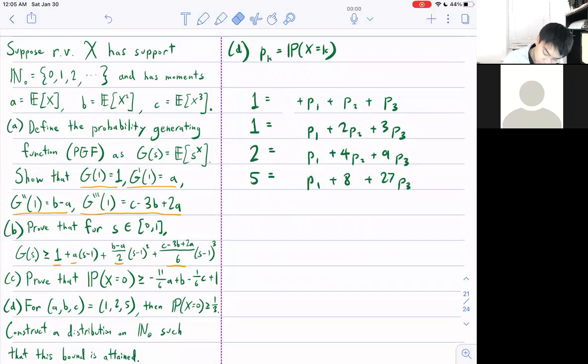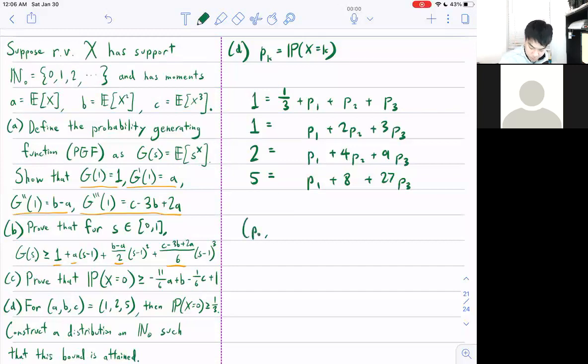And then something we have to modify here is that we actually want the probability of being equal to 0 to be 1/3, because that's what the problem says. Construct a distribution such that this bound of 1/3 is attained. So this might be a bit scary because you actually have a system of 4 equations but 3 unknowns. So it might be possible you might not have a solution, and maybe the hint I mentioned earlier is actually not a hint in the right direction. But it turns out that one of these equations is actually redundant in the end. I'll leave it to you to solve the system of equations, but in the end, what you actually get is